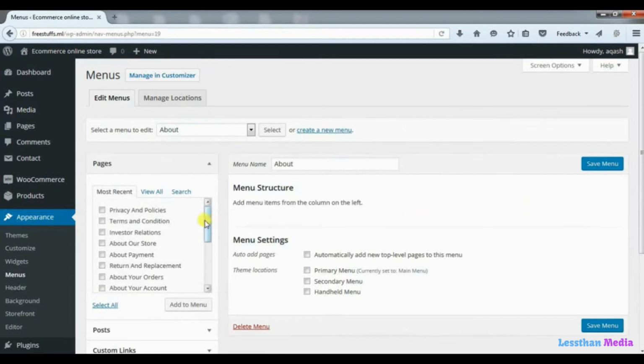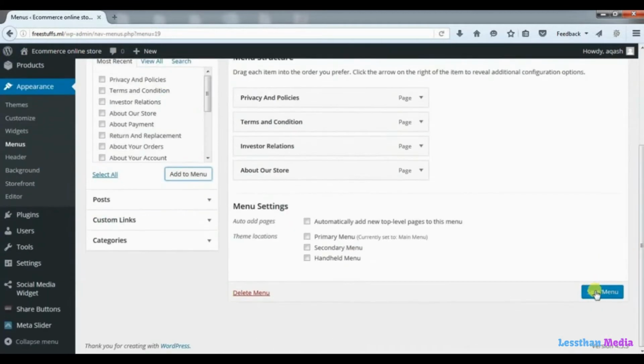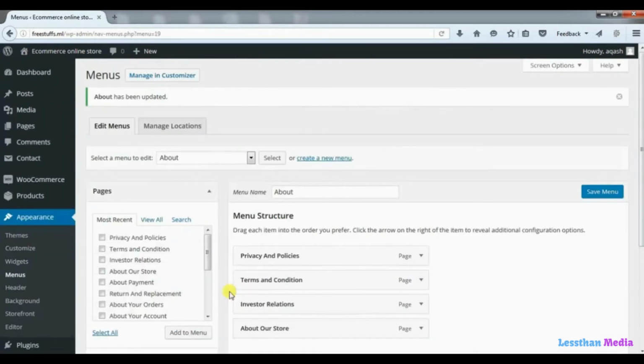So from here you can see these are the pages that we created now: privacy and policies, terms and condition, investor relations, about our store. Now click on add to menu. So these pages are added to this menu. Now click on save changes. So here you will see an option for save menu. Click on this button. Now go back to the widget sections